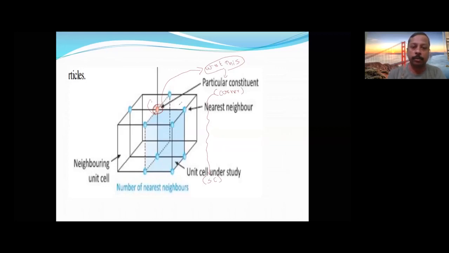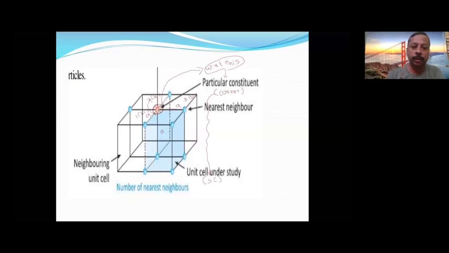This is the shortest possible distance. Let us take this as edge length a, so this also will be edge length a. Again, I am saying this is not FCC; this is a simple cubic unit cell. This is the first neighbor, this is the second neighbor, this is the third neighbor. So in one simple cubic unit cell, I am taking three neighbors, and this will be a, this will be a, and this will be a. So this is the first nearest neighbor.